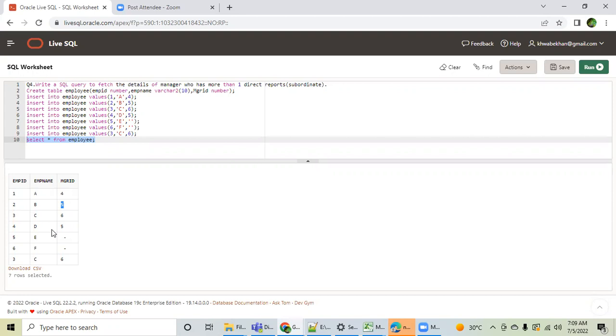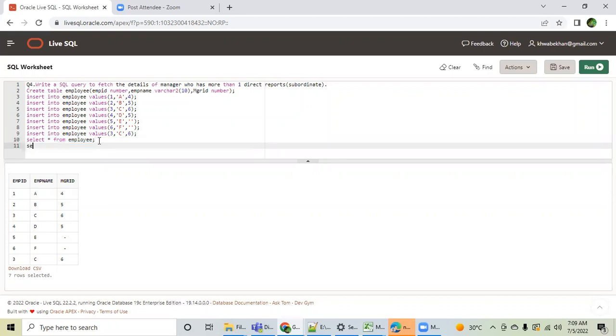No question? Okay. So what we have to do here is create buckets of manager ID. You have to create buckets of manager ID, and in that bucket of manager ID, you have to find how many are reporting. So that's why we group by manager ID, because I want to create a bucket of manager ID. Now I will write the count of a star. If I run it,